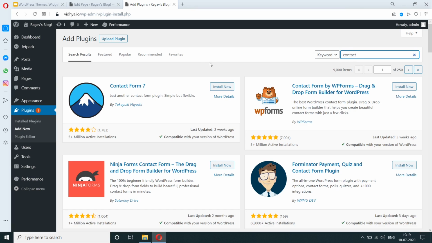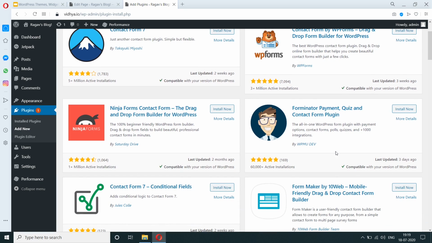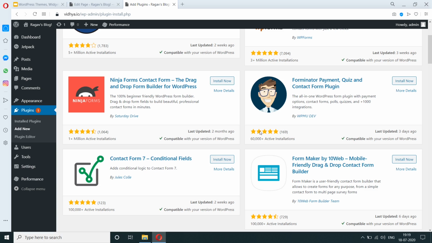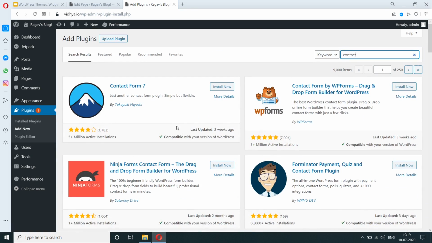And here we get to see a list of plugins that have something to do with the contact form. So you can see that there's a thing called Contact Form 7 and Contact Form by WP Forms. There's a Forminator, Payment Quiz, and Contact Form plugin. Ninja Forms, Contact Form. So there are a lot of forms here, and it's basically created by different people. You can see here that this was developed by this particular person, and this is by a company called WP Forms.